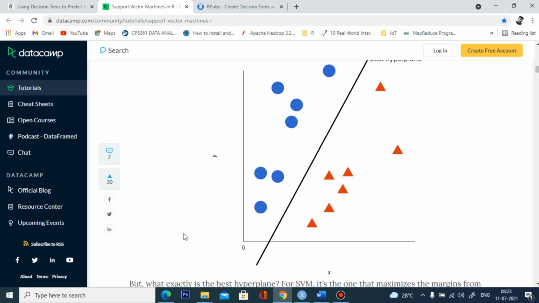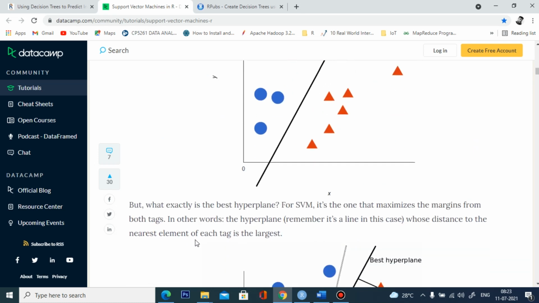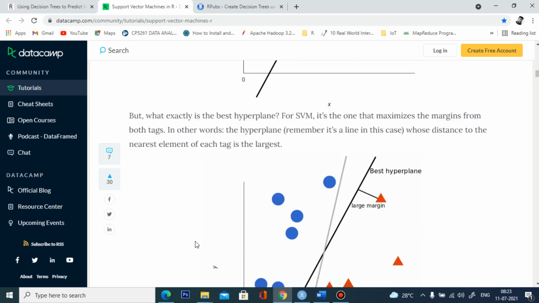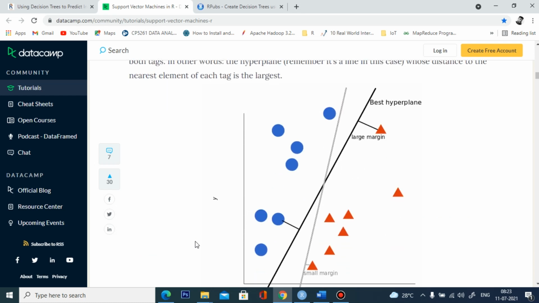While we are drawing the hyperplane, one side of the hyperplane will be under one tag, and the other side under another tag. So the line separates the blue circles and the triangles into classes. But how do we say the plane is the best fit for that particular data set? For this we use the support vector. The support vector is the distance of the tag to the hyperplane. Not shortest, longest distance.